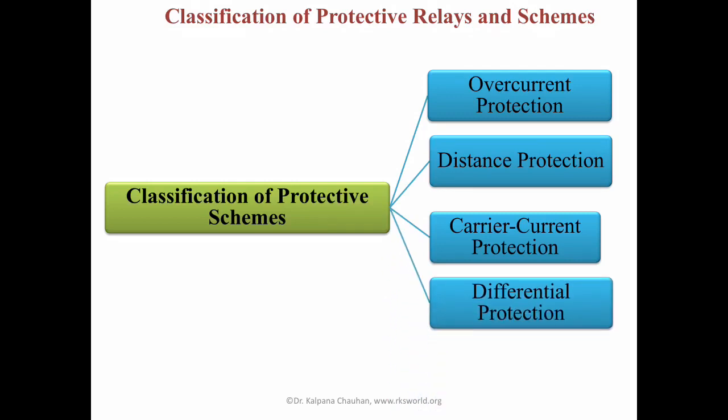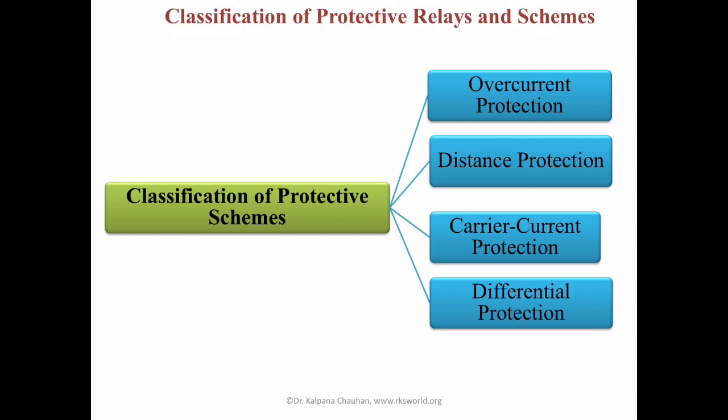Next type of protective scheme is differential protection. This scheme of protection is used for the protection of generators, transformers, motors of very large size. It can sometimes be used for the bus zones protection also. Current transformers are placed on both sides of each winding of a machine. The outputs of their secondaries are applied to the relay coils. The relay compares the current entering a machine winding and leaving the same.